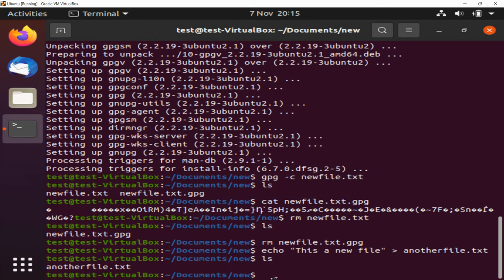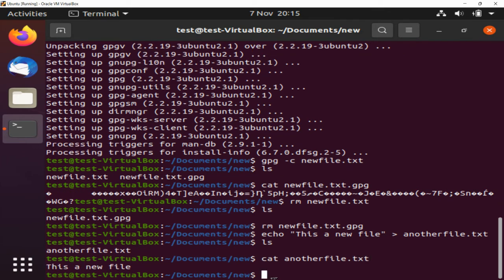This is a new file. If you want me to prove it, I can show you. cat anotherfile.txt, and then it says this is a new file. Okay, so let's encrypt that file a different way. So let's go gpg